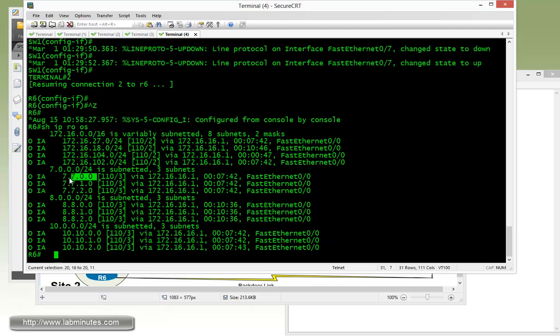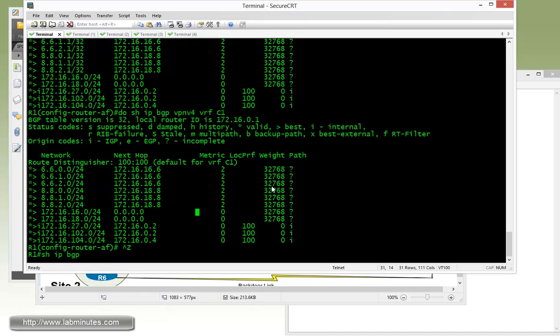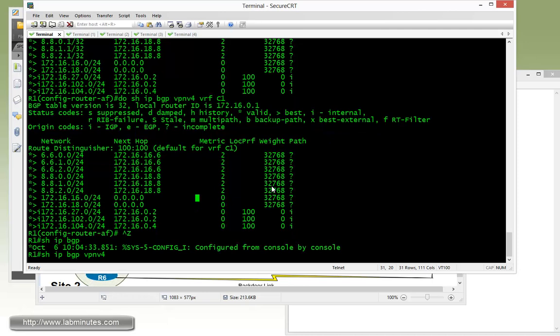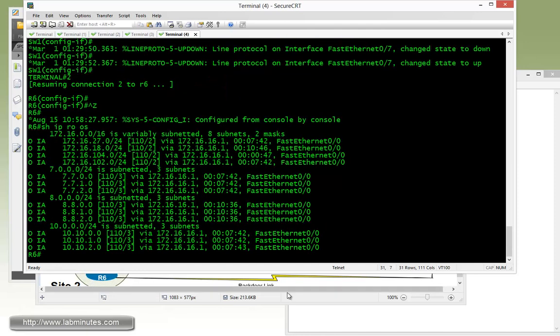So let's take another look at router R1 in this case. Show ip bgp vpnv4 vrf C1. That should be 77.0.0.0. You can see right here, although the route has been marked as LSA 2, any route that's being redistributed from BGP, as it comes across the VPN to the local OSPF, by default, the route will be advertised as type 3, which is the summary type, and that's just the default